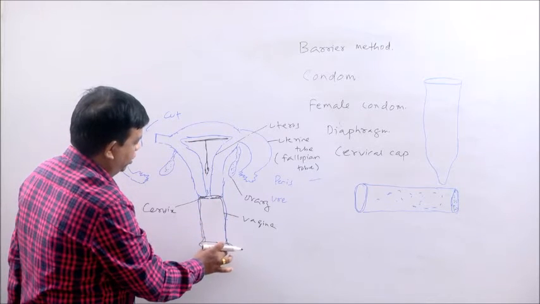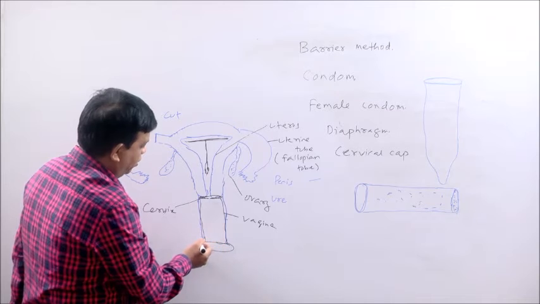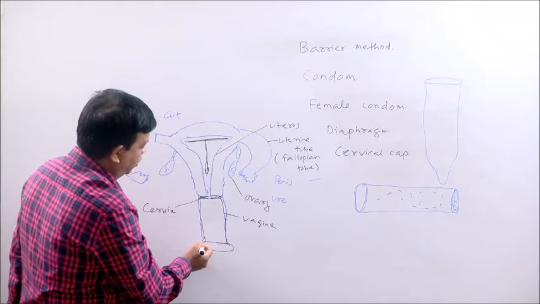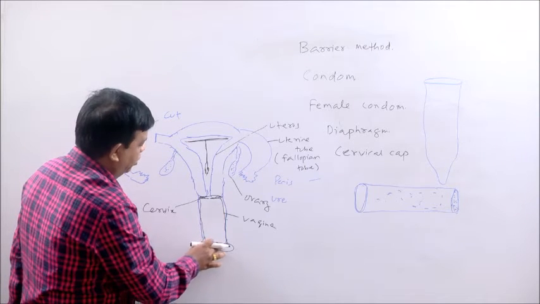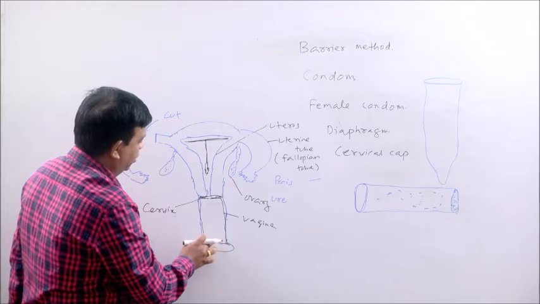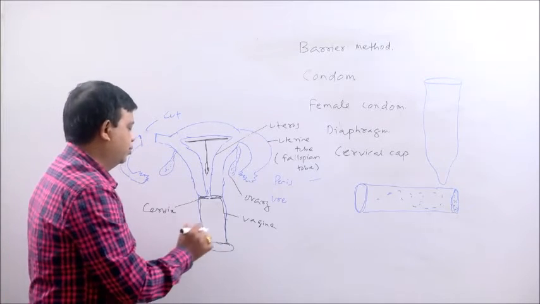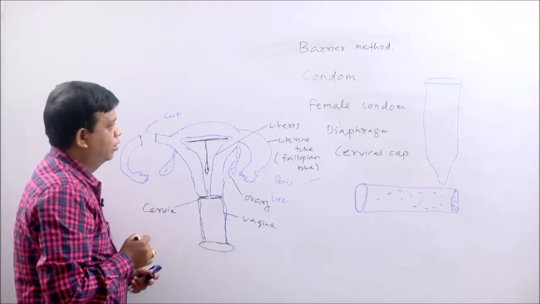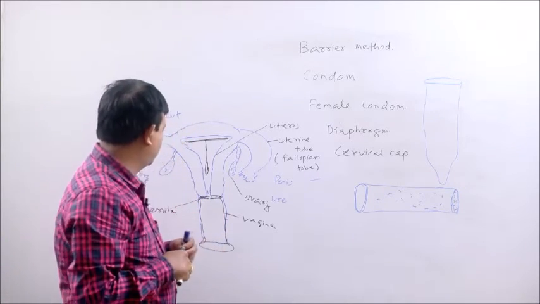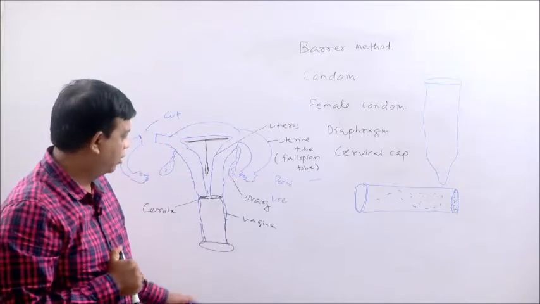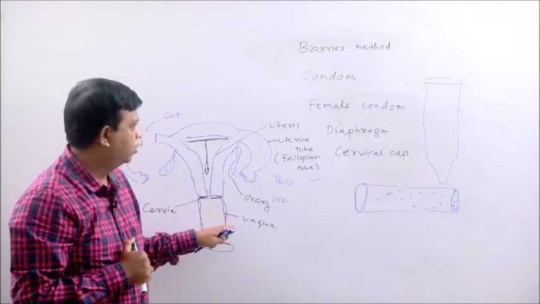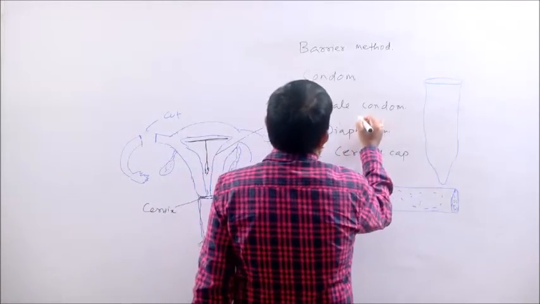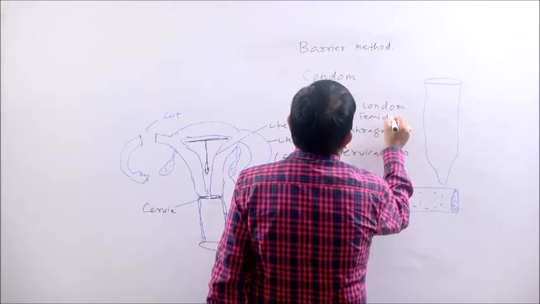This tube-like structure extends out, and you can see here this is the vagina. Through the vaginal opening it comes out, and this opening is covering the external genitalia of the female, so that when this female condom is placed, the sperm are not released in the genital tract of the female. The sperms are released into this female condom. Female condom is also known by the name femidom.